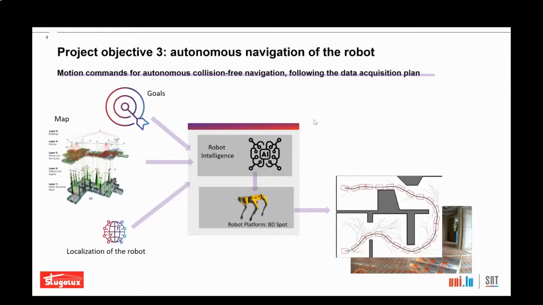That means the idea at the end is that a worker on site, even one not trained at all with robots, will press a button and then the robot starts, goes through the different floors, collects the data, finally comes back, and is then ready to transmit the data and ready to be transported perhaps to another construction site. So this is overall the plan.